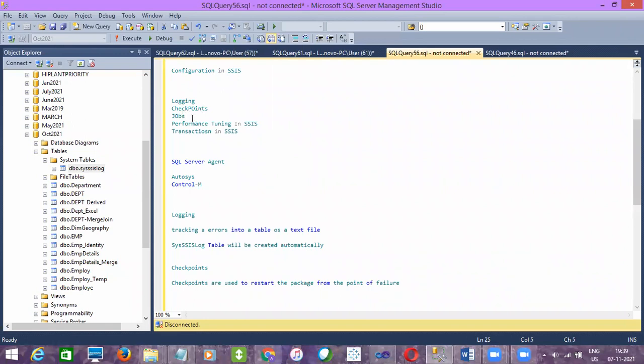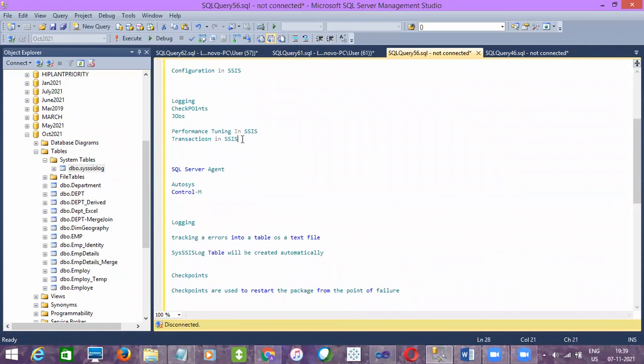Okay. And we have left over these two topics for tomorrow. Tomorrow I'm going to teach these two topics. And from the day after, we'll start SSRS. Any questions, guys? If not, try to prepare well, and by next Sunday, we'll complete training. And if you have any references, try to refer them, guys. Maybe I'll start the new batch next week.